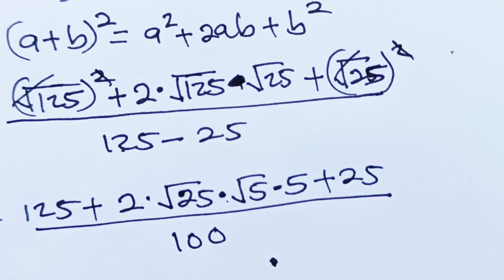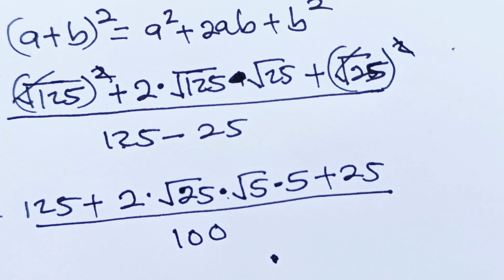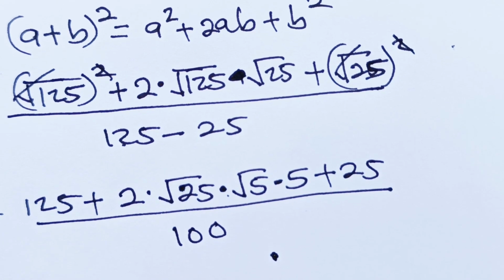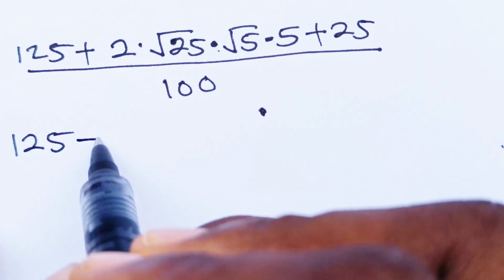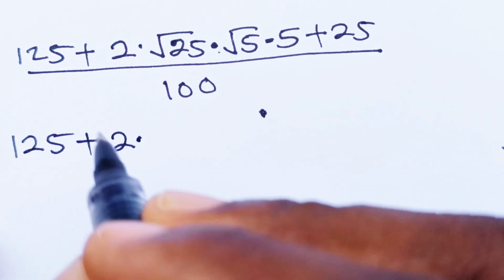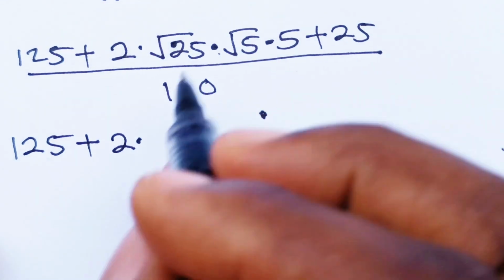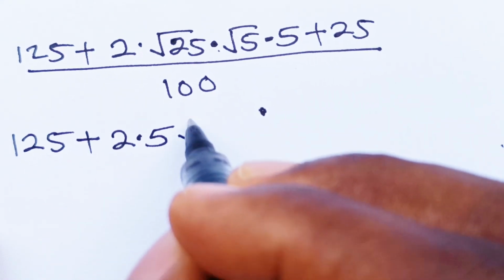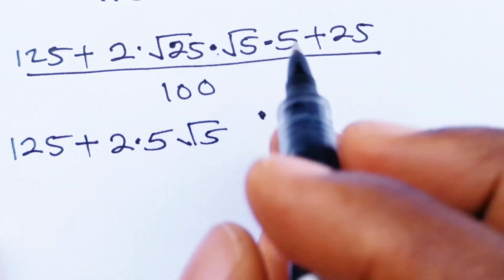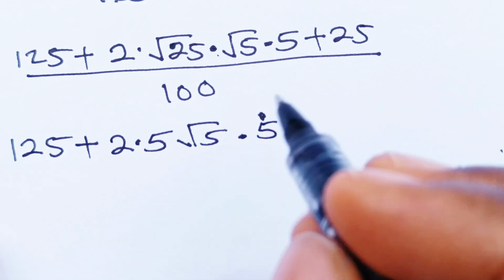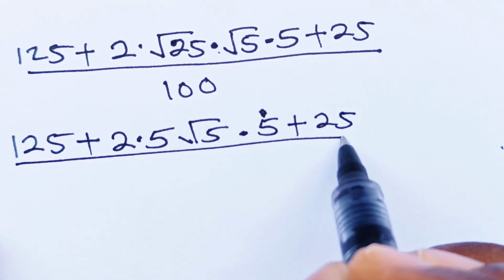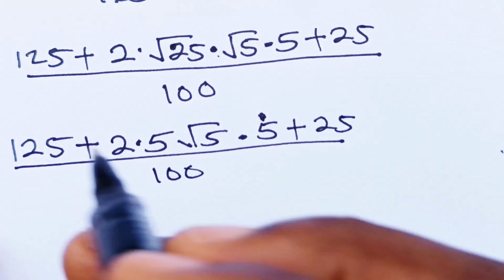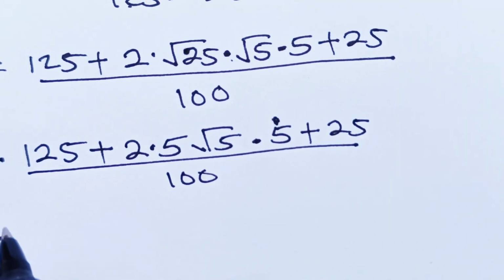Now we are going to solve this. So this is 125 plus 2 multiplied by, now root 25 is 5, root 5, this root 5 multiplied by 5 as well, plus 25, everything divided by 100. So this is equal to